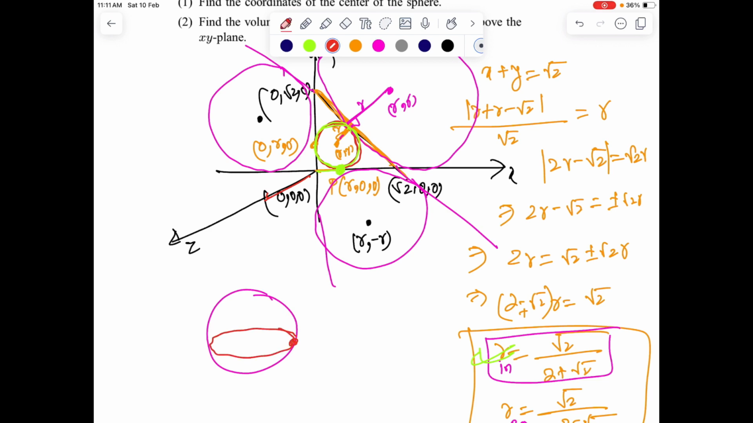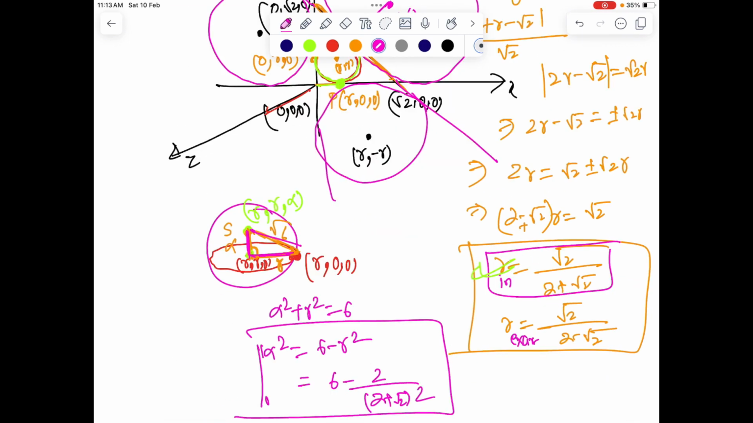So now the situation is something like this. We have a sphere and a cross section as a circle, and the point on the circle is r, 0, 0. The center of the circle is known, r, r, 0, right? So let's say the center of the sphere is S. So now I can easily calculate using the Pythagoras theorem. Now the r square value we know, root 2 by 2 plus root 2 whole square, and that directly gives the value of alpha, which will come to be